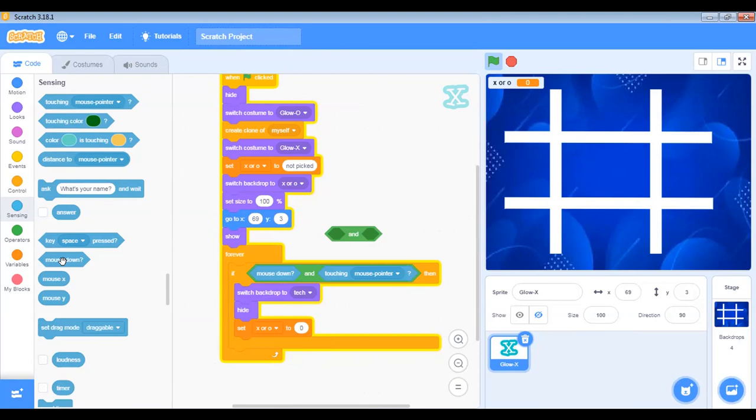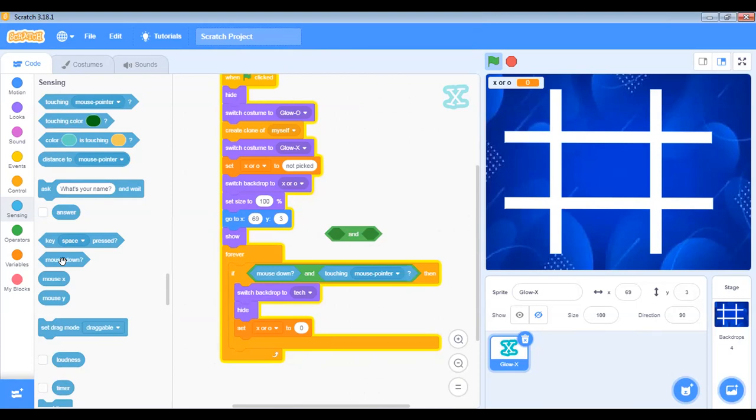So what does mouse down do? Remember what I said about a Boolean statement. It's either true or false. So what you're telling it is mouse down and mouse pointer.